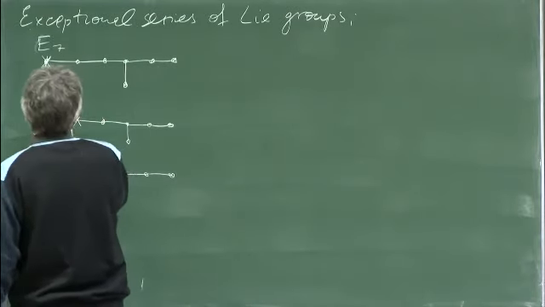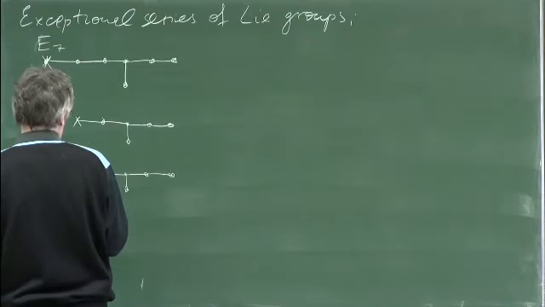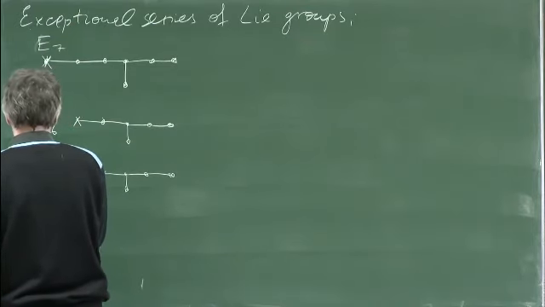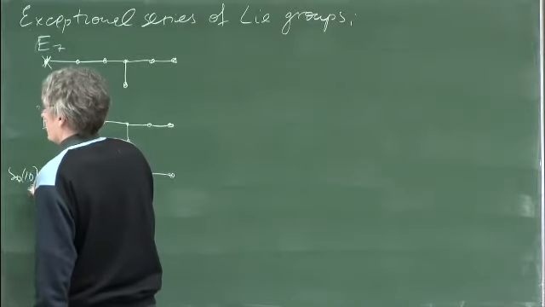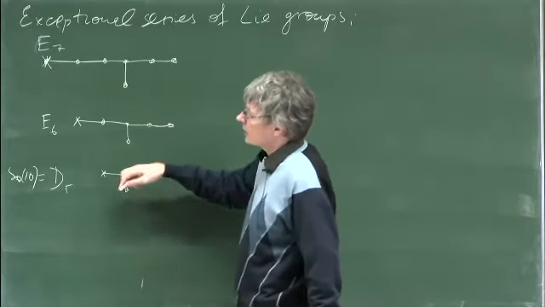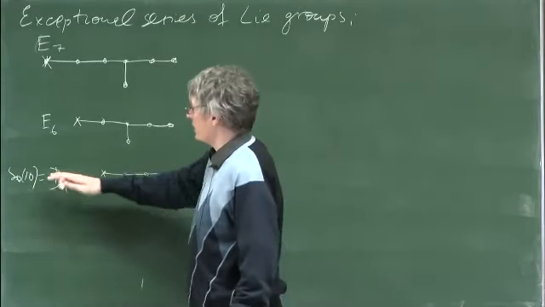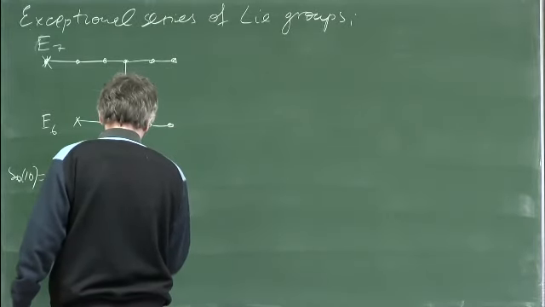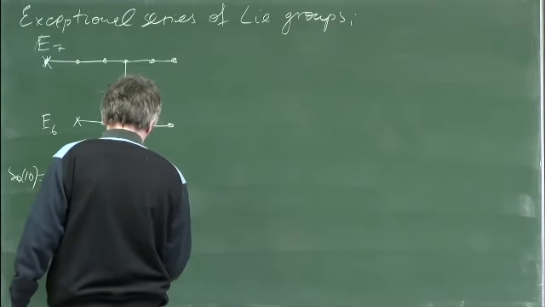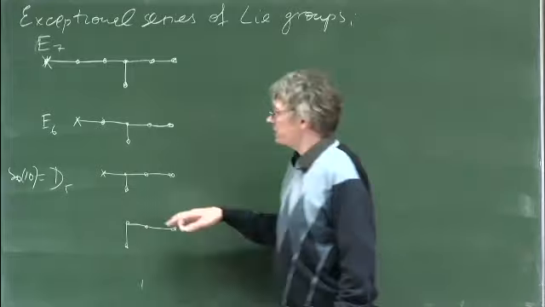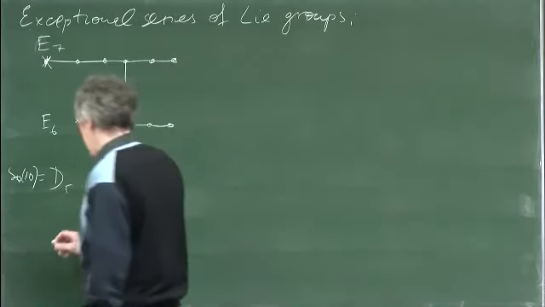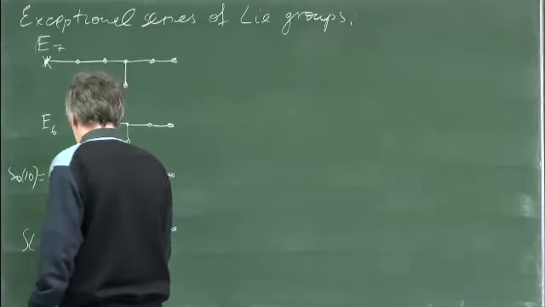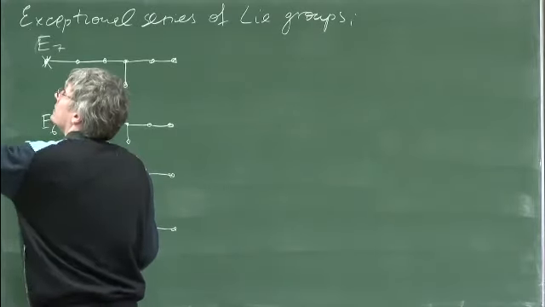So this is E6, this is D5, and this is actually SO10. So this grand unification appears at this level. And then when we remove this guy, we get this picture. And this is the Dynkin diagram for A4, which means SL5,